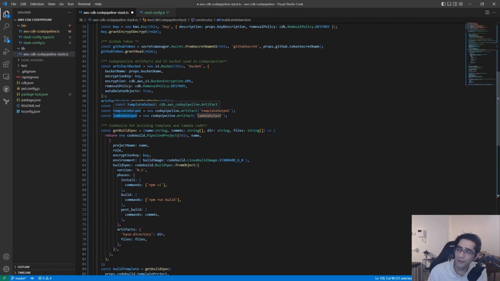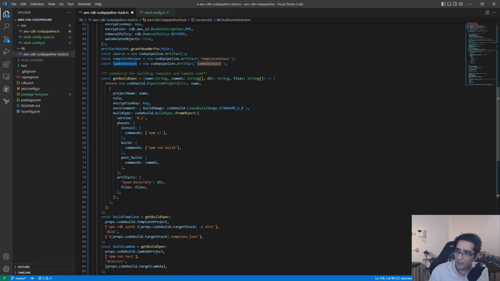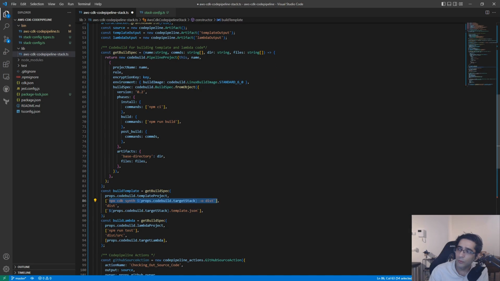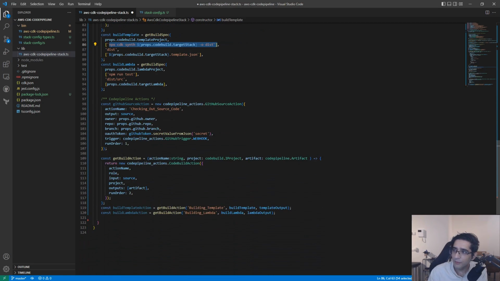that we have here. So just to have a brief recap, we have a code build. One of them will execute the command that we have here, npx synthesize the stack name, and then put it in the dist. And we have another code build that will just build the code. It will run the test, in this case, npm run test, and then just use the code that's stored in that bucket to pass on for the next action. So we're getting the code, we're building both of those things. And then where it gets a bit complicated